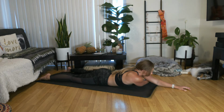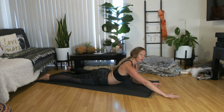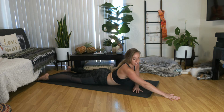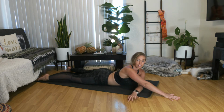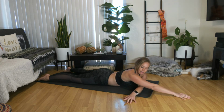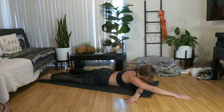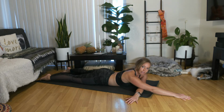Good, now let's switch sides. Just gently rise up. Take your right arm, extend it straight forward. Left arm underneath the right. So you want your hands to crawl away from each other. Left hand will reach to the right, right arm will reach forward as you tuck your toes, shift up and over that left shoulder. Make sure your right shoulder is dropping down in line with the left so you really feel a nice stretch through that left shoulder blade